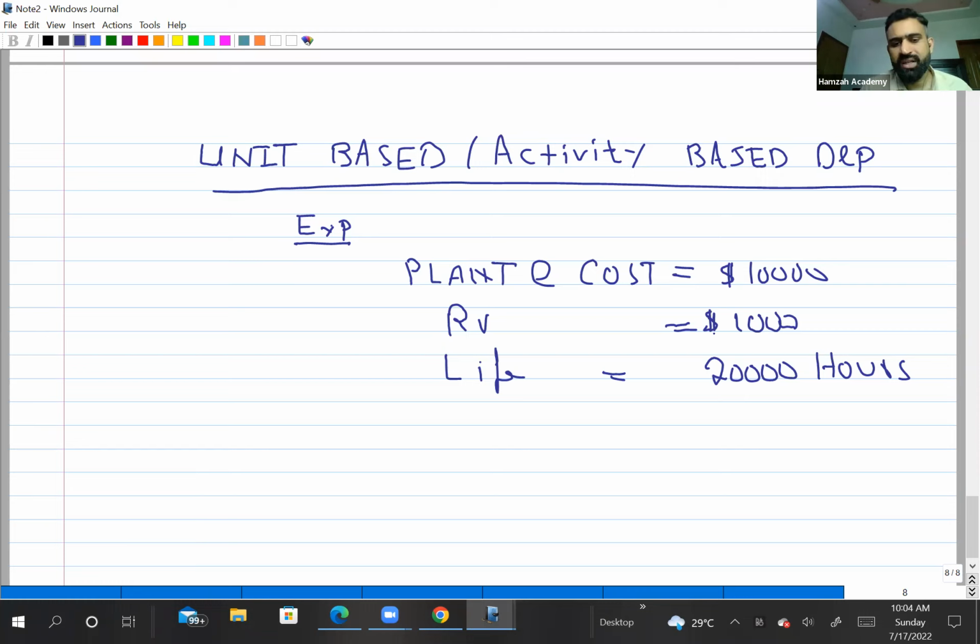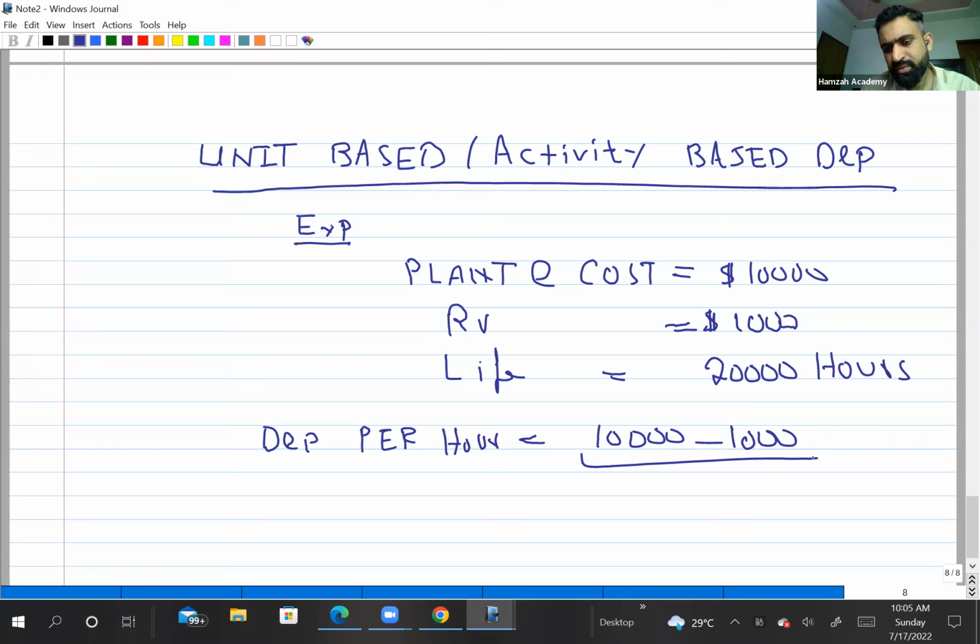So we will calculate here depreciation per hour, and that will be equal to cost minus residual value divided by total useful life, which is in hours, which is 20,000 hours. So the depreciation will be $0.45 per hour,